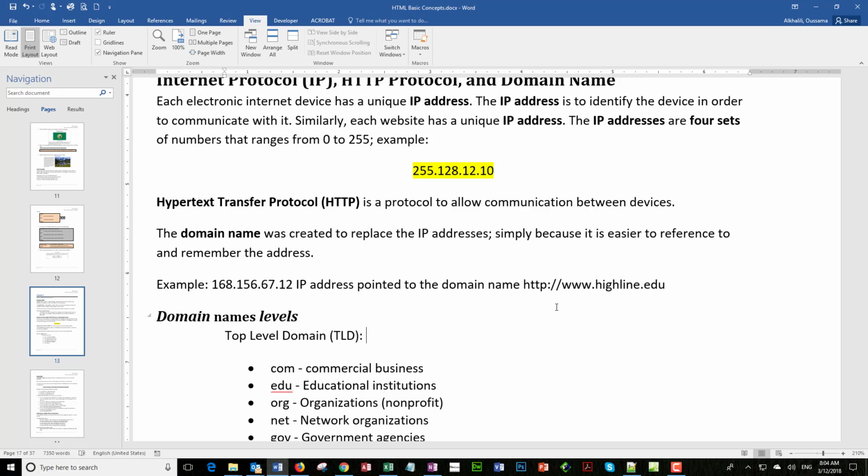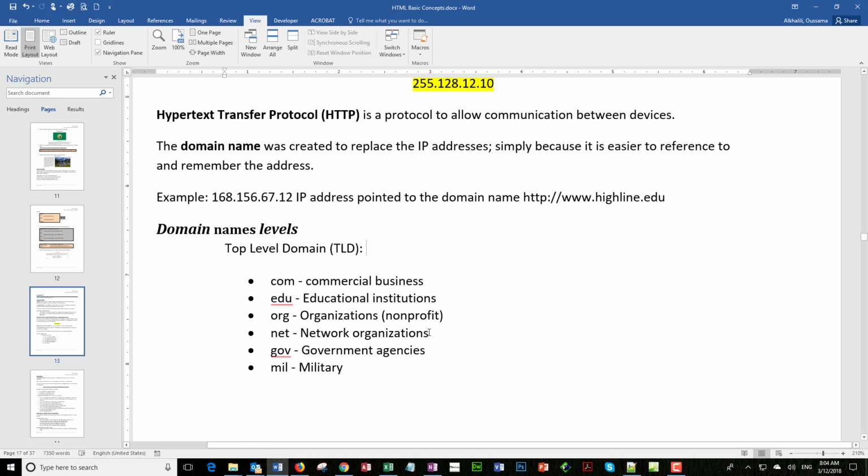Then we'll start talking about the domain names, and there are domain levels. There are top level domain names and there are lower level domain names. Some of the top level domain names, you're probably aware of. .com for commercial businesses, .edu for educational, like highline.edu,